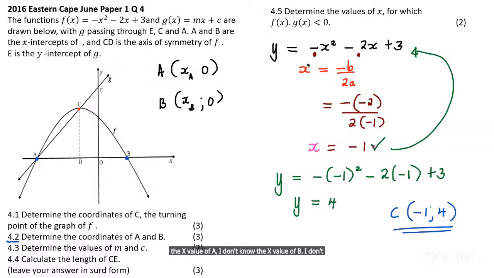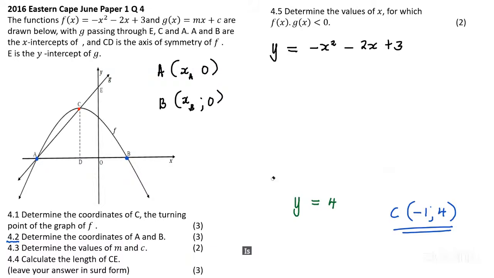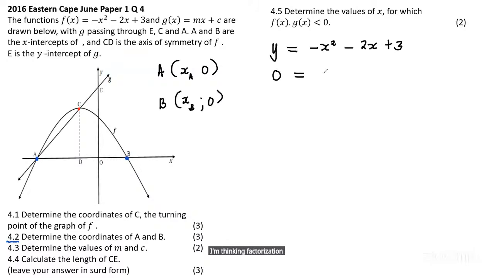But what I know is that these x values are available whenever the value of y is equal to 0. X-intercepts, I'm thinking factorization. 0 for y, negative x squared,